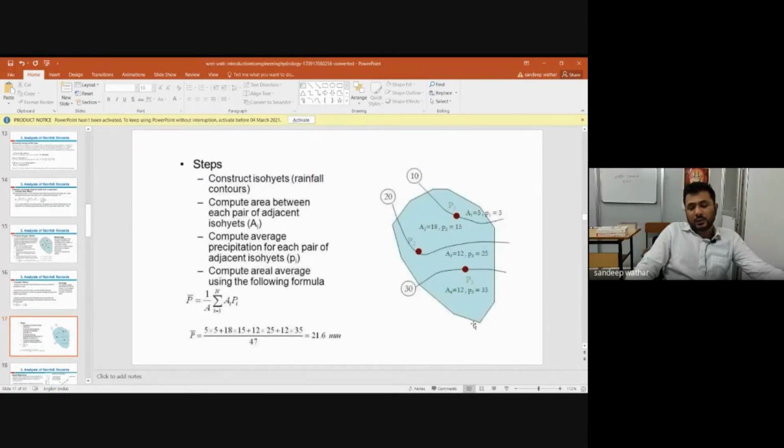So see, this is the catchment area. This catchment area has several lines. I hope you remember your contours. What are contour lines? Contour lines are imaginary lines joining equal elevations in an area. Now these isohyets are also imaginary lines, which join equal rainfall values. You can see these are the lines which are drawn. Now a map is created for the entire geographical area.